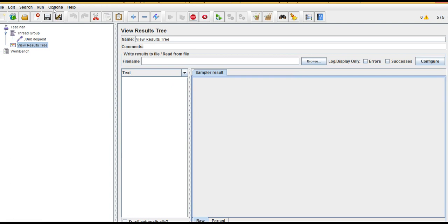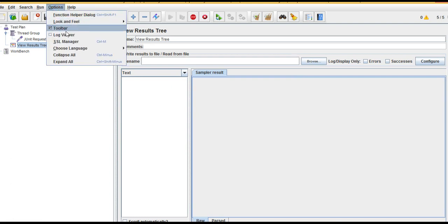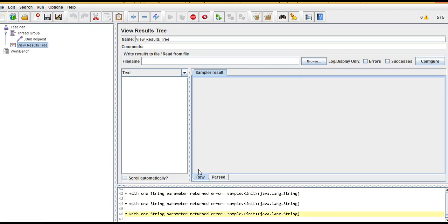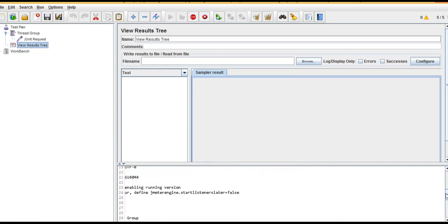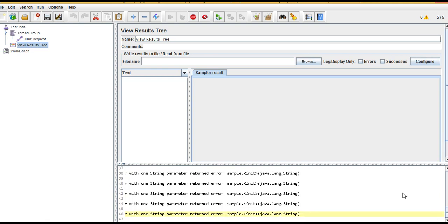You can see the logs from the options, log viewer. You can see what's actually happening, whether this test script started execution or not. At the same time you can see how many are running. 5 by 5 threads started running. That information you can see here.